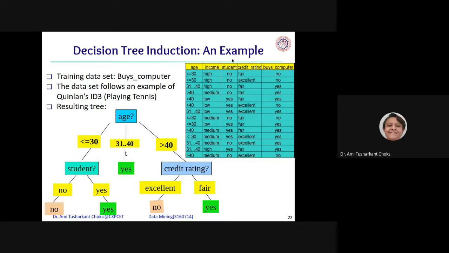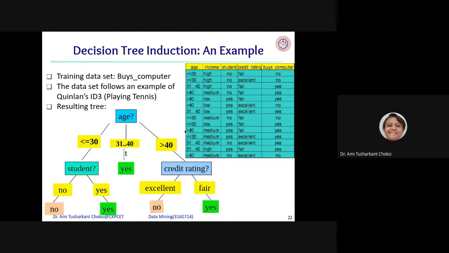For this data set, it is given that this person will not buy computer, this person will buy the computer. This is what is given in the data set. From this, we have created the decision tree. How is it? For age, what is the age? Age is having three groups, that is less than or equal to 30, 31 to 40, or greater than 40.